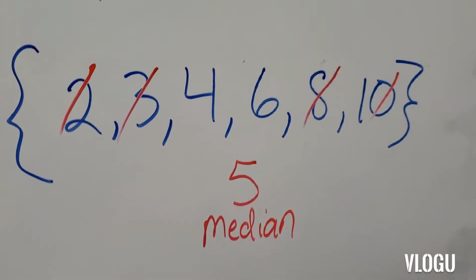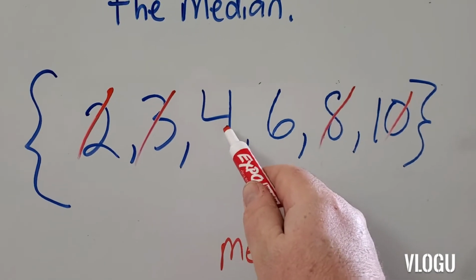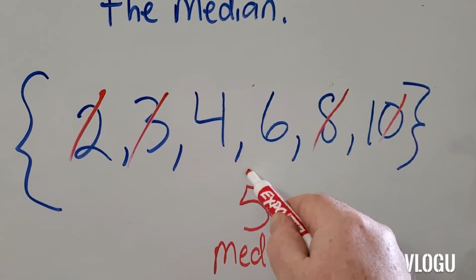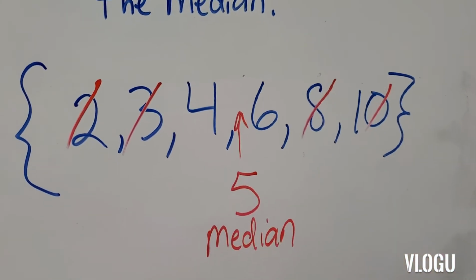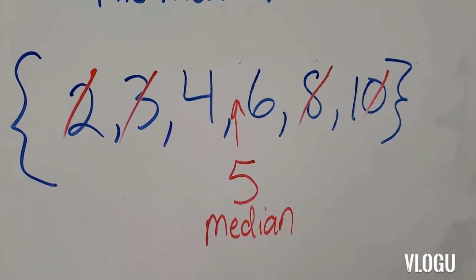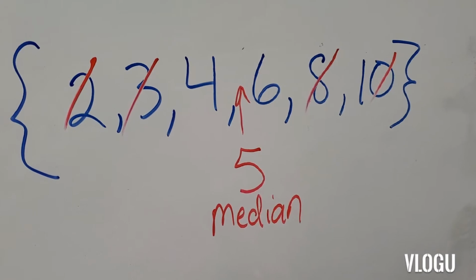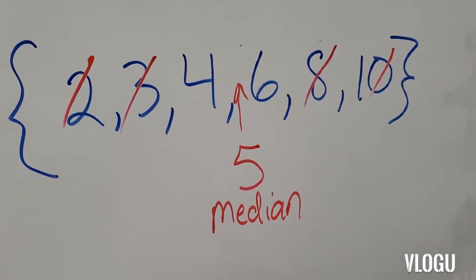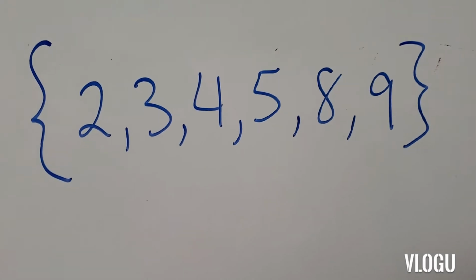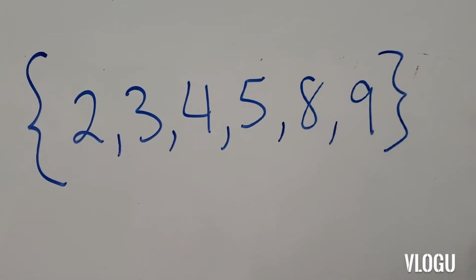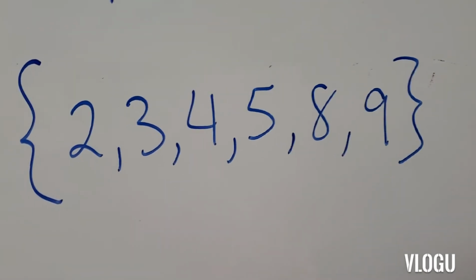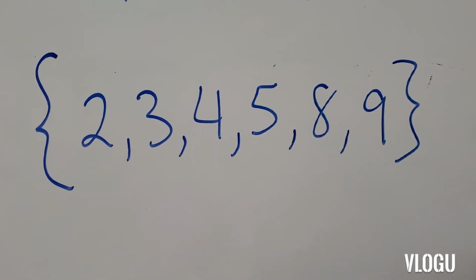is 5. And if we think about it, what comes directly between 4 and 6? It would be 5. Even though 5 is not part of that number set, 5 would be the median or the middle of that number set. Sometimes we'll have a decimal in our answer. So in this particular